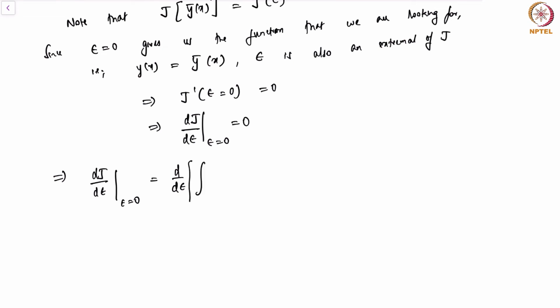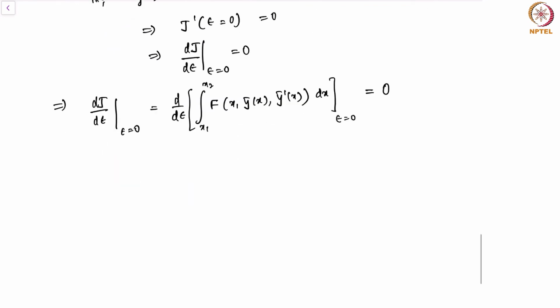J is the integral from x1 to x2 of f of x, y bar of x and y bar prime of x, dx, and this quantity is evaluated at epsilon equal to 0, and we know that dJ by d epsilon is 0. If you use the Leibniz rule,